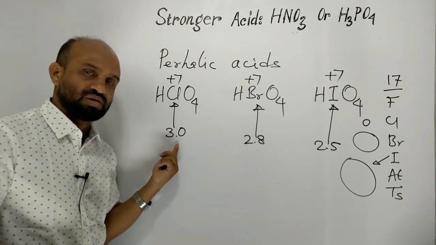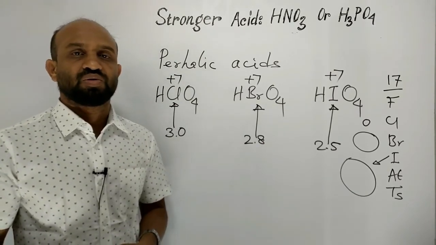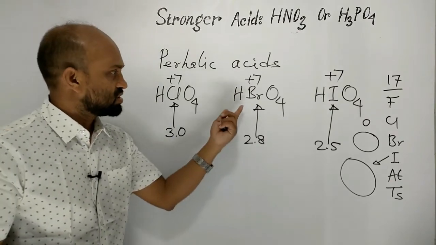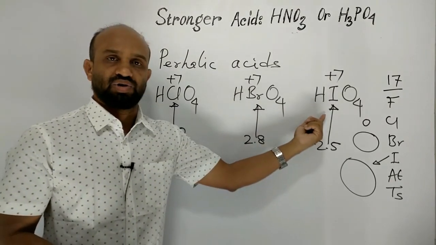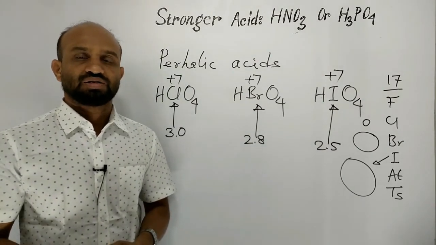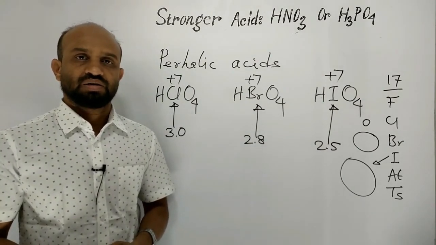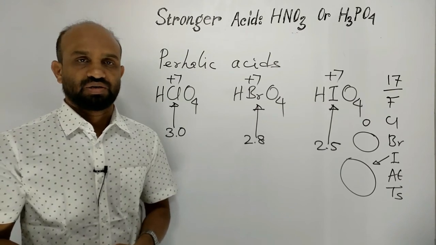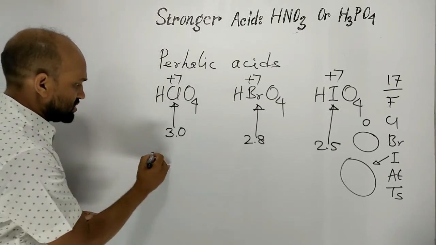On the other hand, electronegativity of chlorine is higher than bromine and iodine. Because of this higher charge density and higher electronegativity, perchloric acid